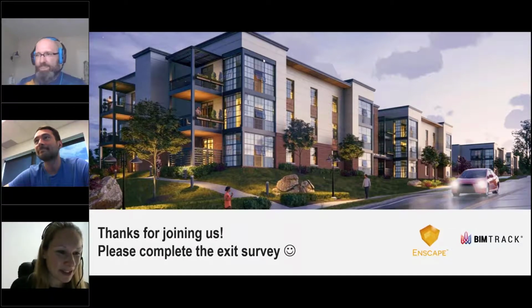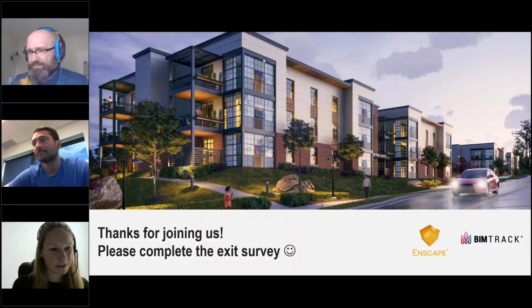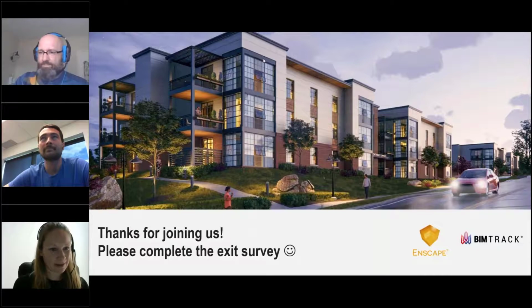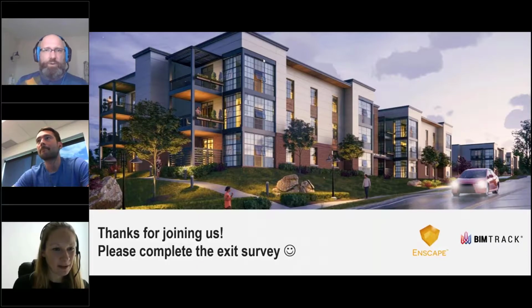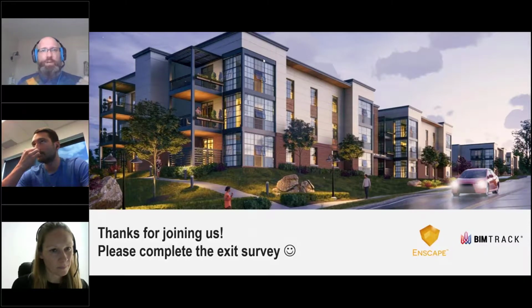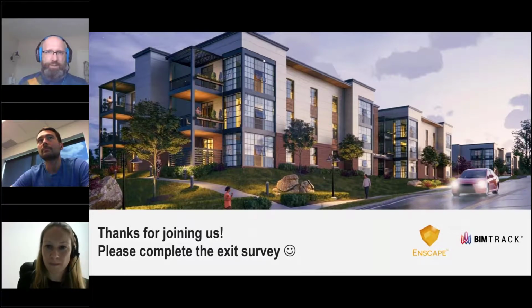We have another quick question here. Can I import a Navisworks NWD file into the platform, and is there a size limit? Which platform? Because you can't import a Navisworks file directly into BIMTrack. You can't import a Navisworks file into Enscape. Actually, if you link, I think it started in 2020, you can link a Navisworks file in Revit, but right now they won't show in Enscape.